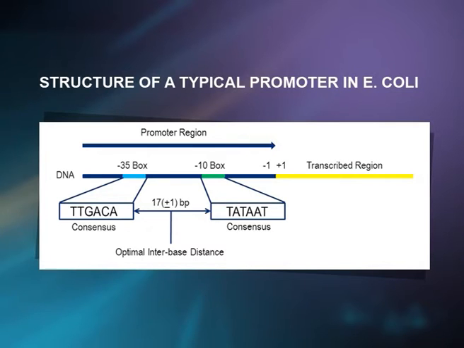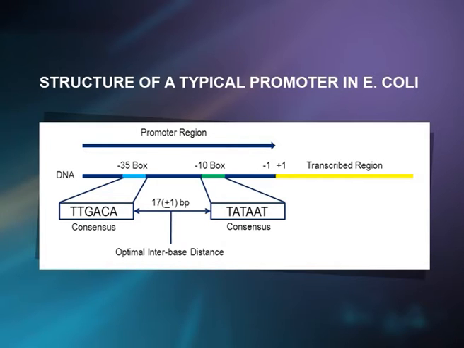The nucleotide sequences that are present in the conserved genetic elements most often are called consensus sequences. The -10 consensus sequence in the non-template strand is TATAAT. The -35 consensus sequence is TTGACA. The sigma factor initially recognizes and binds to the -35 sequence. Thus, this sequence is sometimes called the recognition sequence.